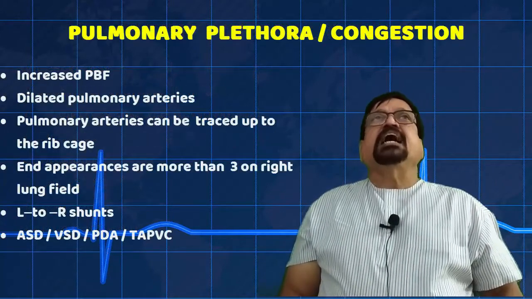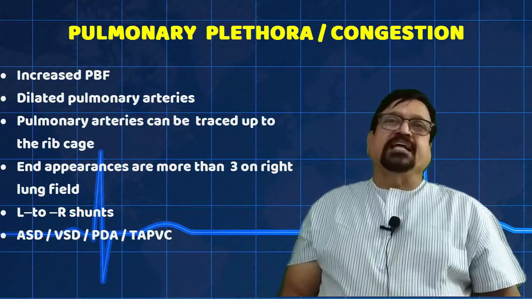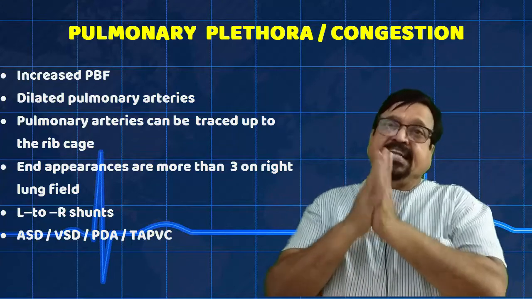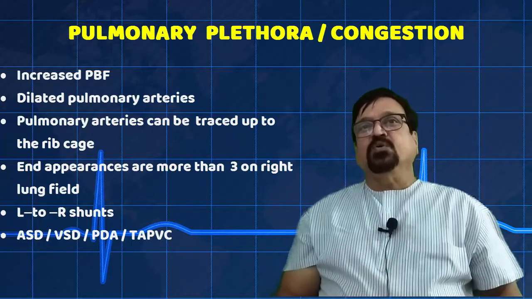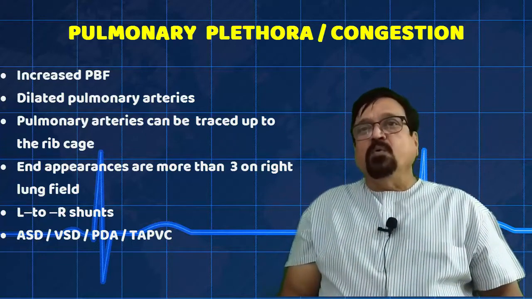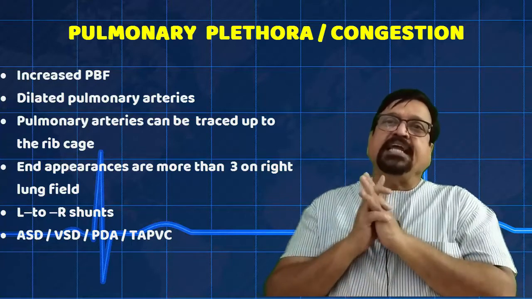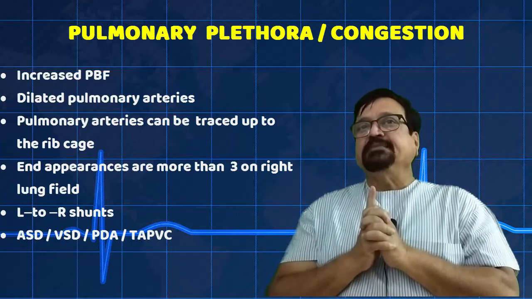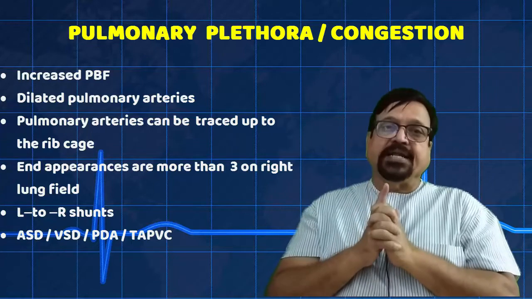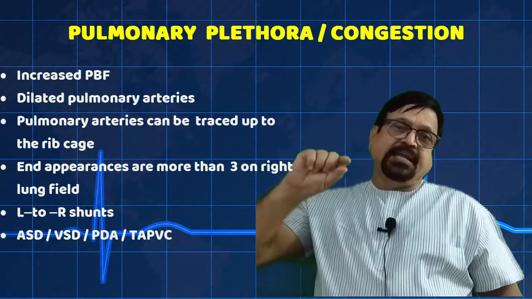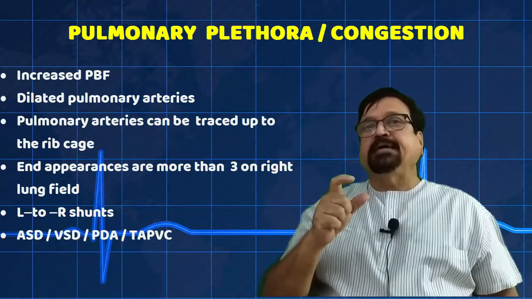Now, second is after assessing the heart, we go to the pulmonary plethora. Plethora is the increase, that is the congestive changes, and oligemia is the decrease. So we have to see how to read this pulmonary plethora. In these conditions, there will be dilated arteries, that is the pulmonary arterial hypertension. Now the arterial size will be more. That is usually calculated by comparing it with the neighboring bronchus. Then second is how many arteries are seen, that is peripheral pruning.